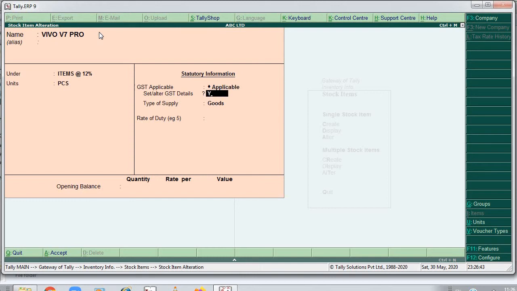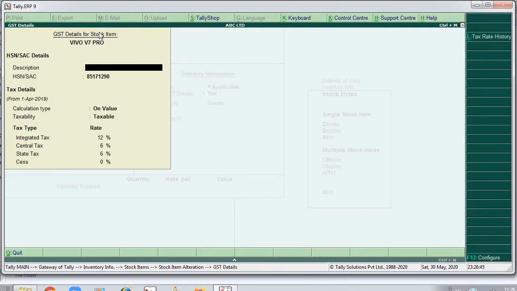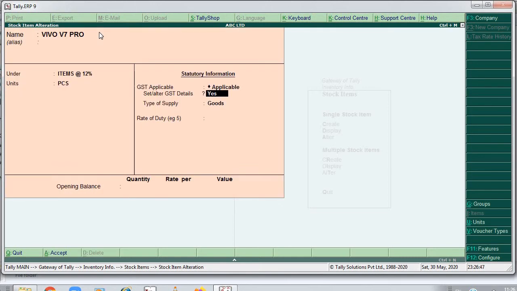Now if, let's say, the company has changed the HSN number or taxable slot, from here also I can make any changes if required. The shortcut key to delete is Alt D. Right now I cannot delete through Alt D, because an entry has already been created for this and I have done the purchase entry in my purchase register. So only once I delete the entry can I delete the stock items ledger from here.